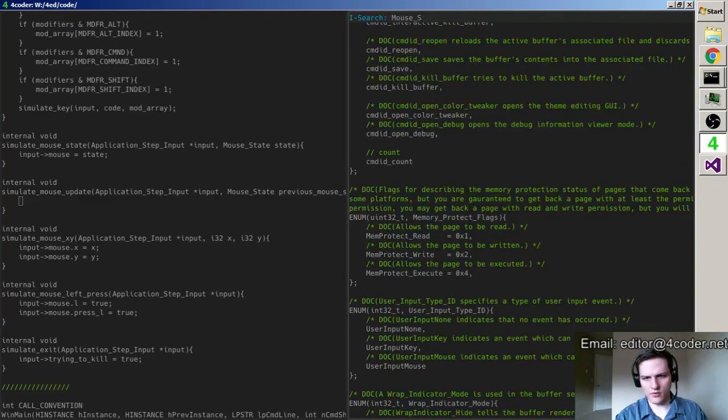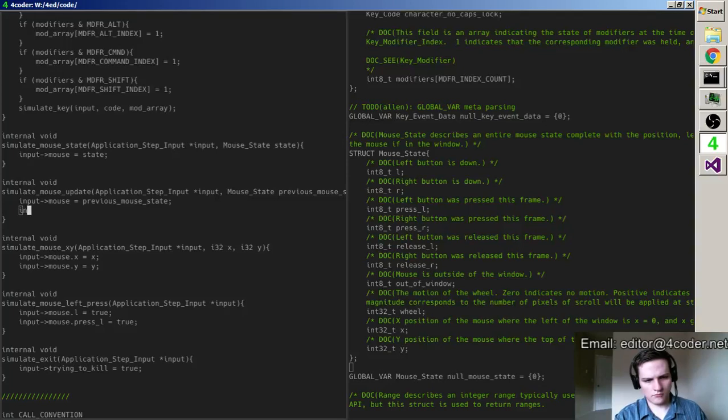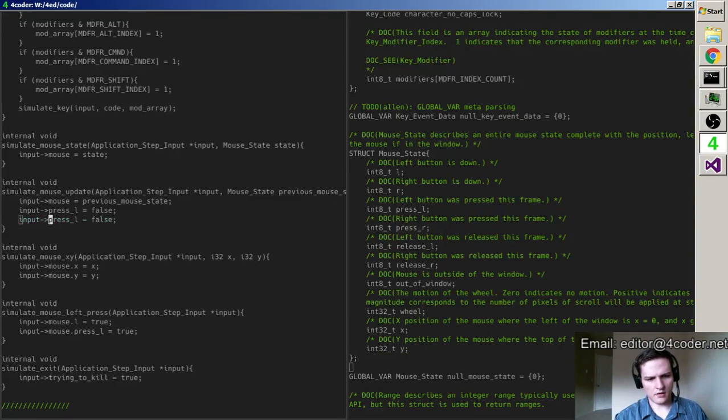This is where having it broken down into transient and persistent subsections is useful for the clear to zero, but we don't have that, so we're just going to clear to zero all the stuff that's basically transient style stuff.